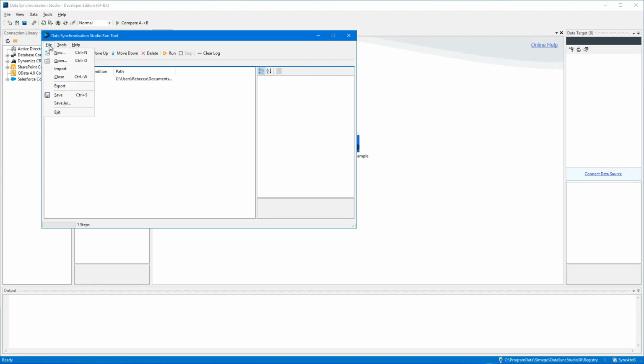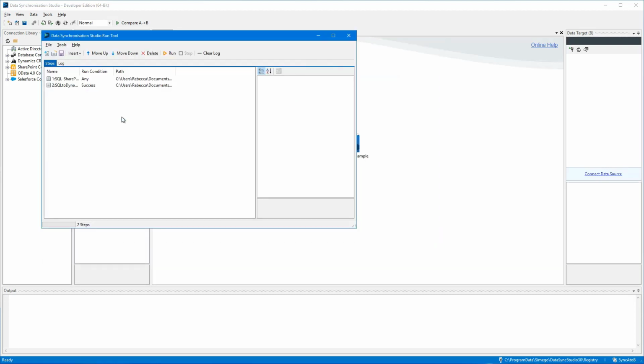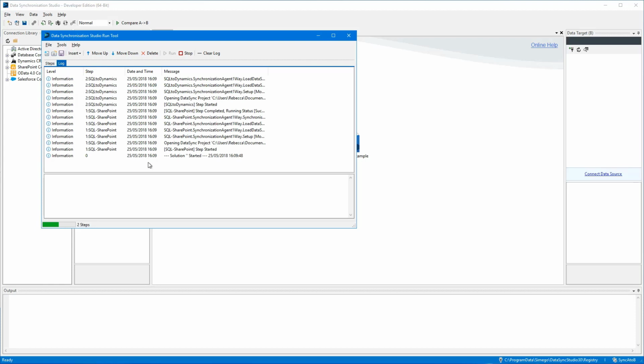In this example, we are connecting to two projects that we want to run one after the other. Once these have been imported, run the tool to check that everything runs as expected. As we can see, the first project has run and completed successfully, and if we go to the Logs tab, we can see that our second project is running